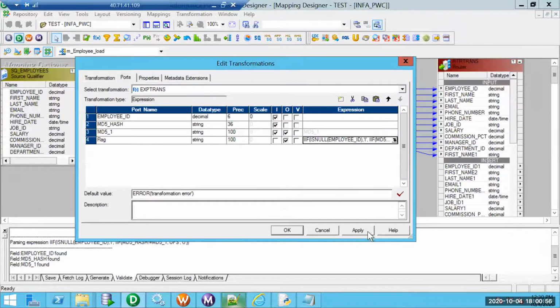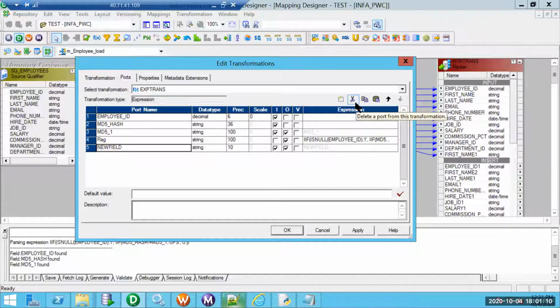Now the other important concept is, okay, this is not required here, so let it be like this, the flag thing.